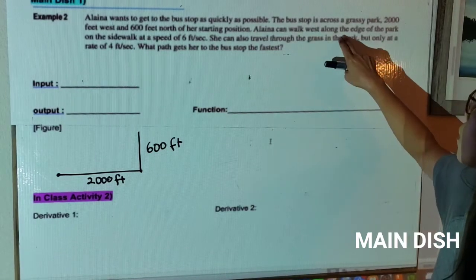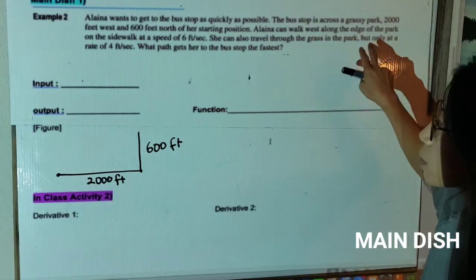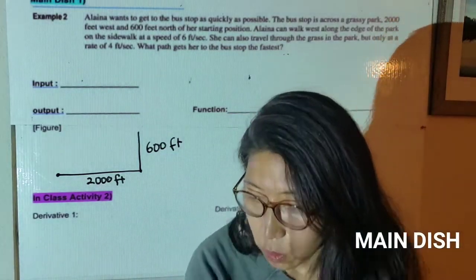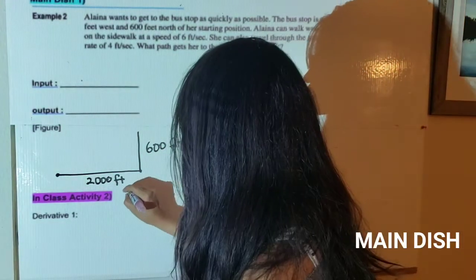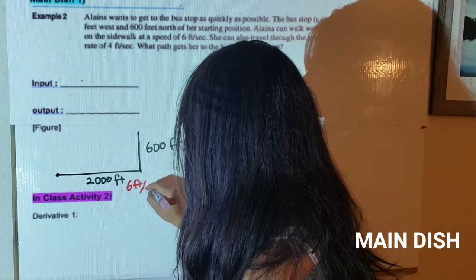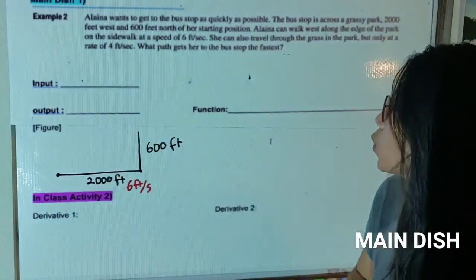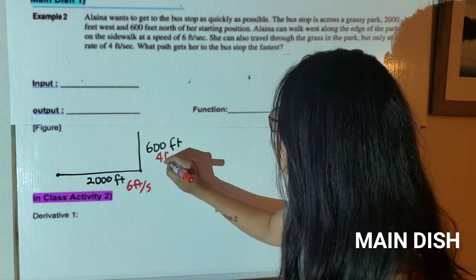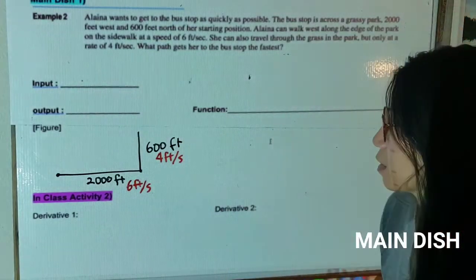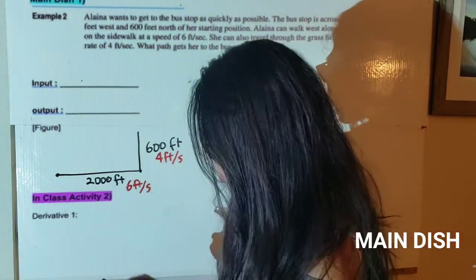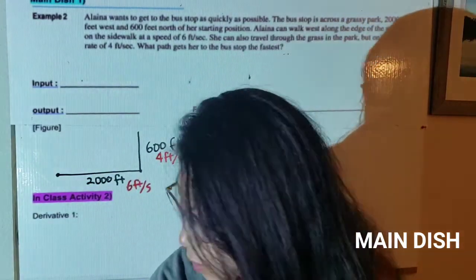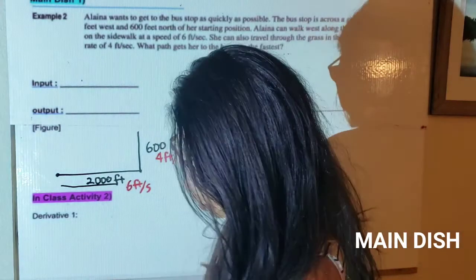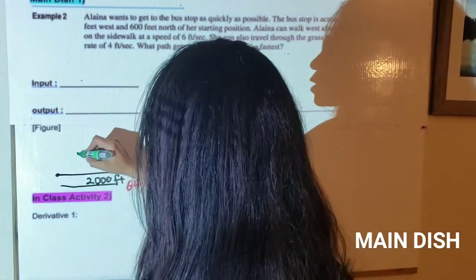Elena can walk along the edge of the park on the sidewalk at a speed of 6 feet per second. So her walking speed is 6 feet per second. And when she crosses the grass area, it's going to be 4 feet per second. Which means there's a sidewalk, like concrete, here. And then here, this one is grass. I'll use a green color. There's a grass